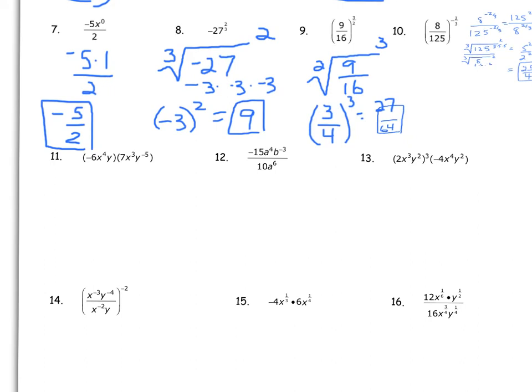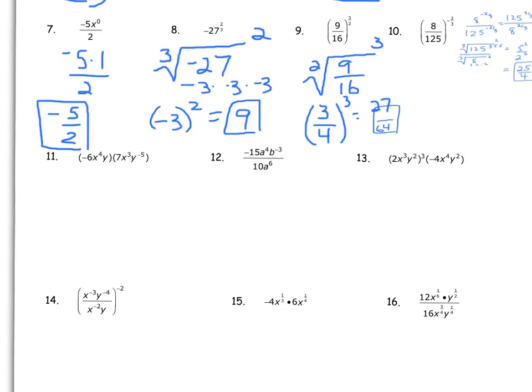All right, continuing on here, we've got multiplying some products of expressions here. So looking at number 11, this is the same as if I were to rearrange as though I had -6 times 7, x to the 4th, times x to the 3rd, times y to the -5. And that just kind of emphasizes that you've got the like powers multiplying here, and you're going to use the exponent rule of adding the powers. So back to finishing up the problem. The coefficients